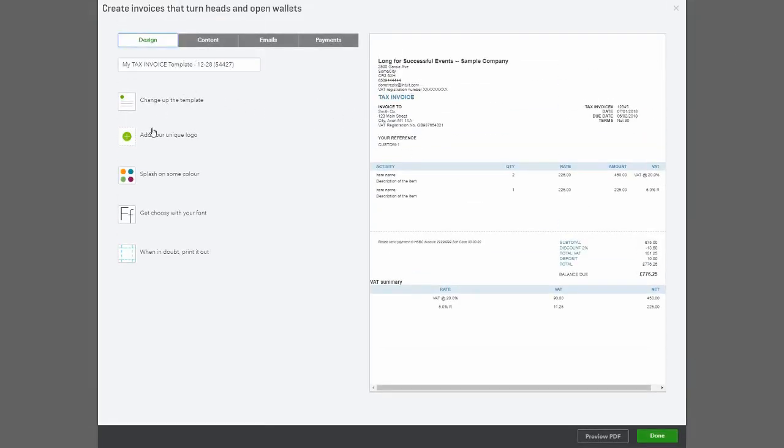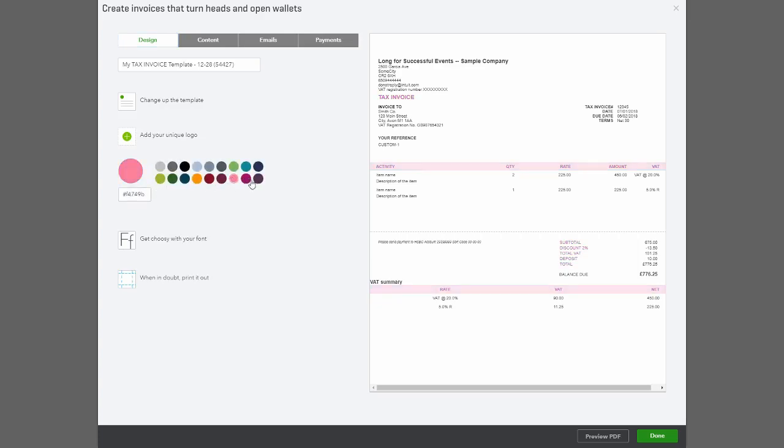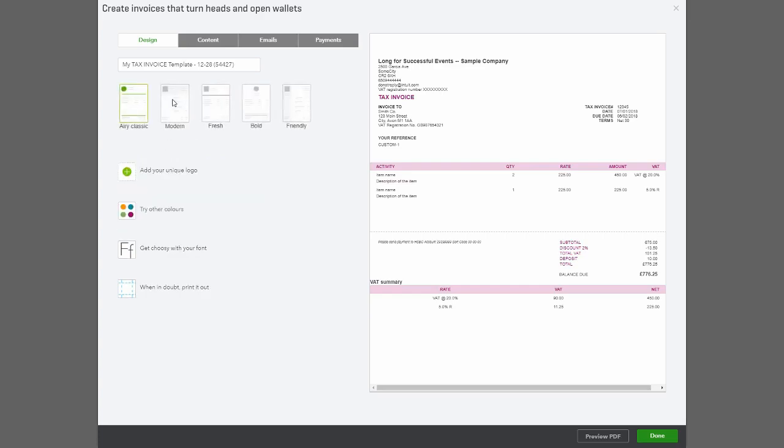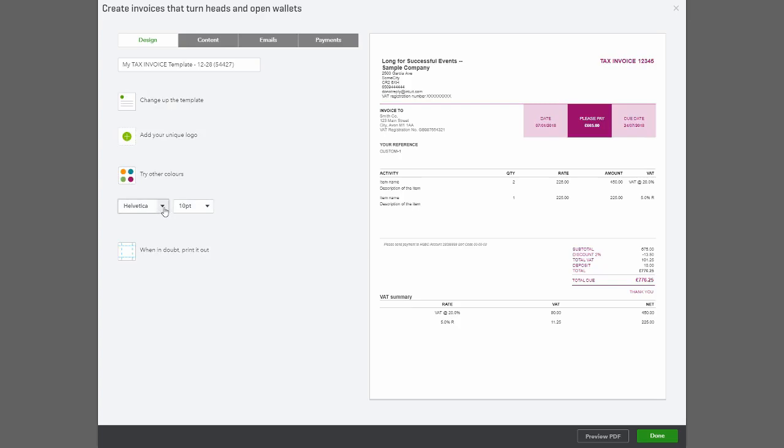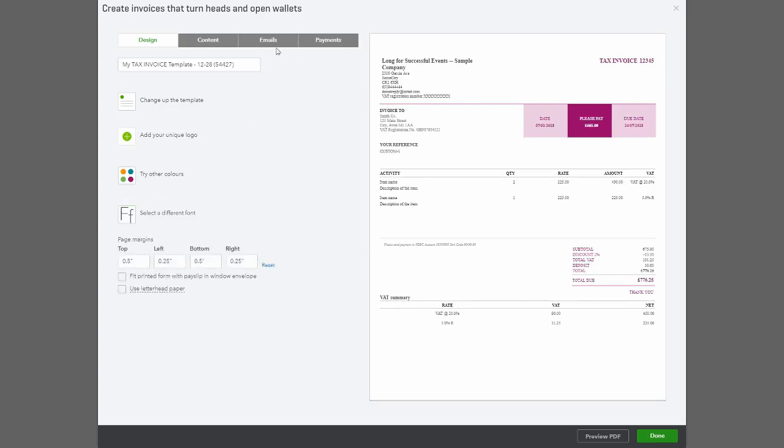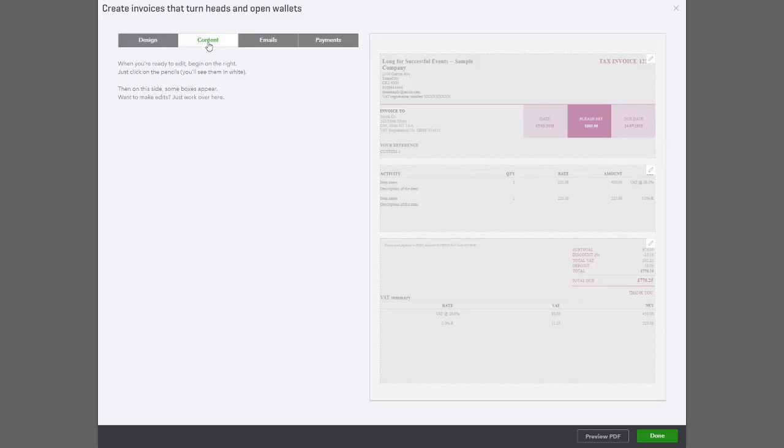If you're not happy with that blue colour and you'd rather have it in pink or purple, you can add your own logo, change up the template. You can have it in different designs. Get choosy with your font. What have we got here? Courier. Oh, it's not very nice, is it? There's quite a bit of customization within here. The way some of the boxes are,